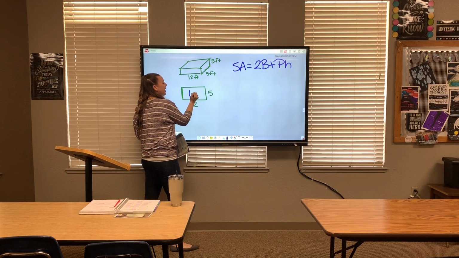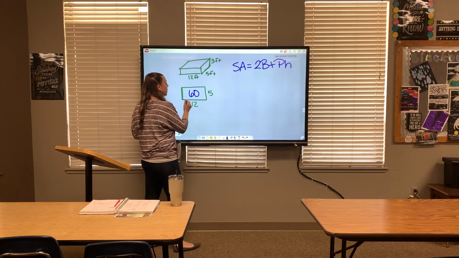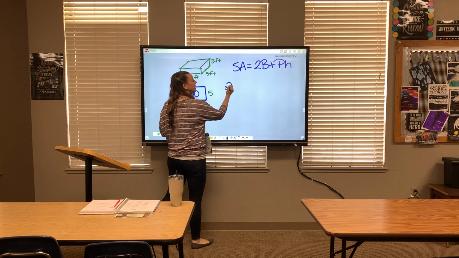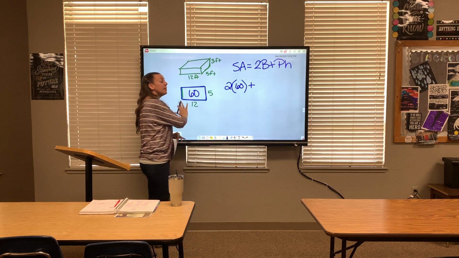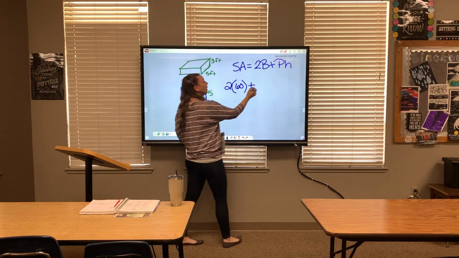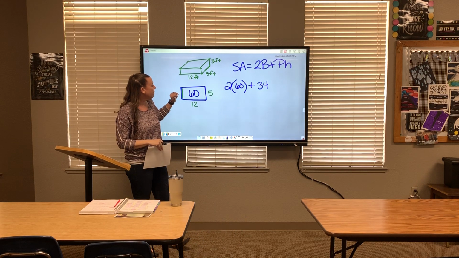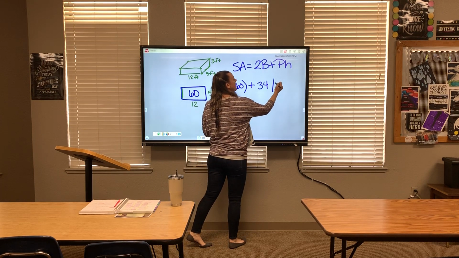So this area right here is 60. 12 times 5 is 60. The perimeter of the base is going to be 12 plus 5 plus 12 plus 5. So I'm going to go ahead and plug it in. 2 times 60 plus the perimeter is going to be 34. So we'll double check that. I have 12 plus 12 is 24. 5 plus 5 is 10. So I have 34 times,